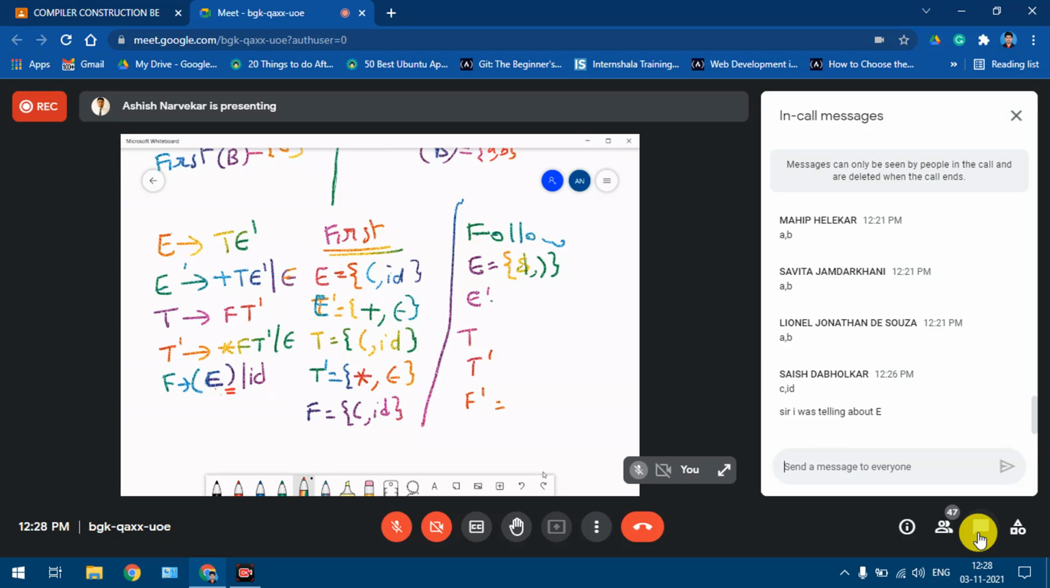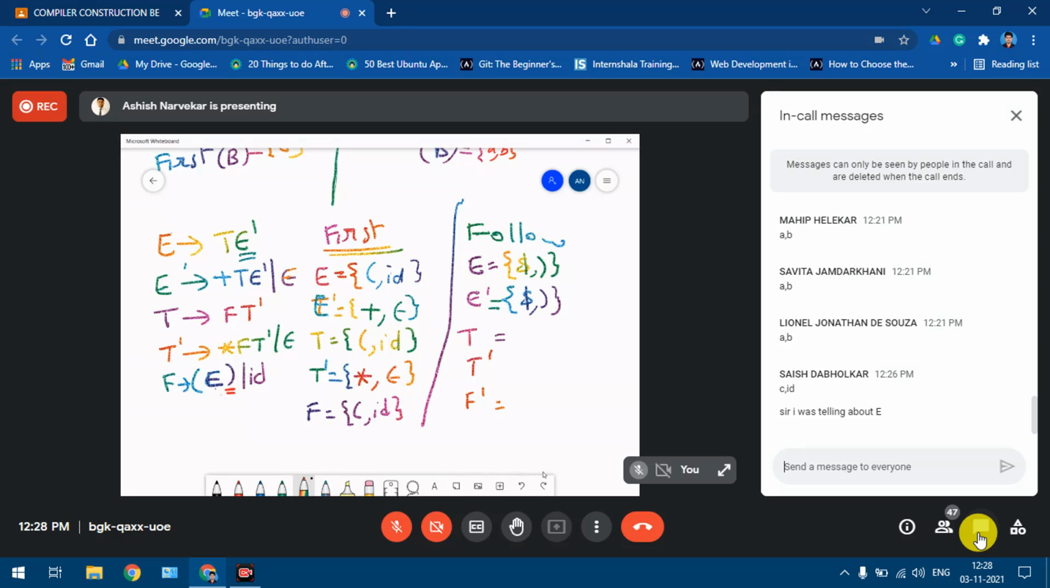Next is the follow of E dash. The follow of E dash is to be computed by referring to this particular production. So follow of E dash will be equal to follow of E. That is nothing but dollar comma close bracket. Then follow of T will be equal to